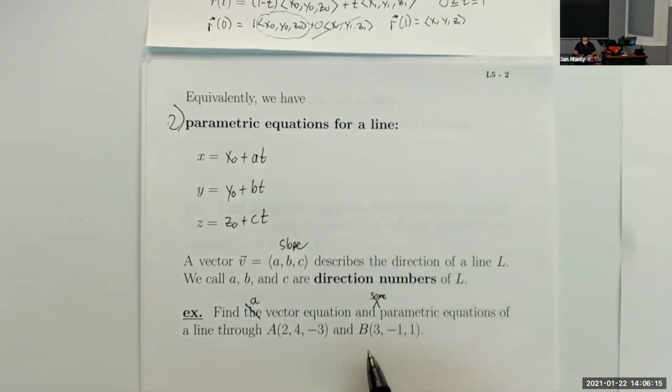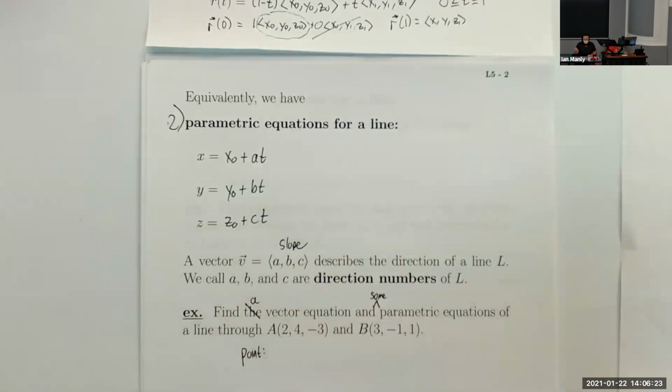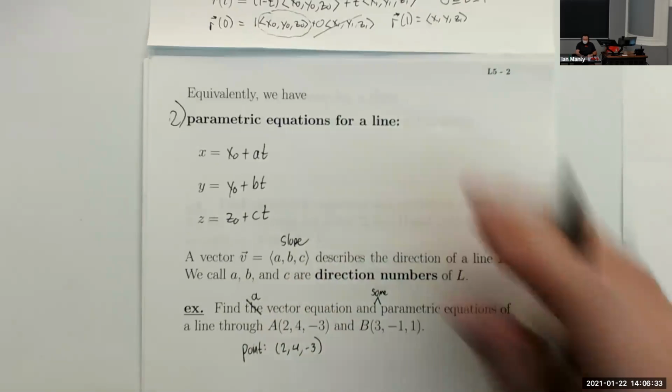Okay, so let's see here. So remember, we need 2 ingredients for our line. We need the point that it goes through, and they already tell us those explicitly. So I guess why don't we just pick A to be our point here. So our point that it's going to go through is 2, 4, -3. And then